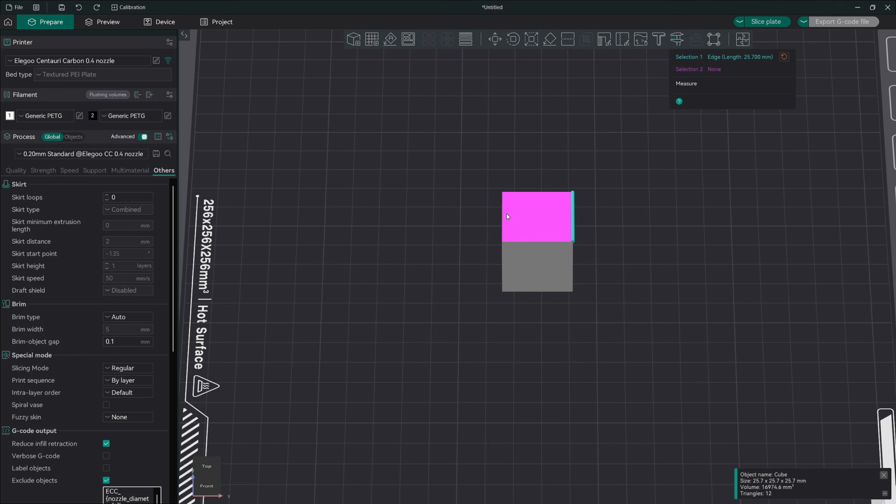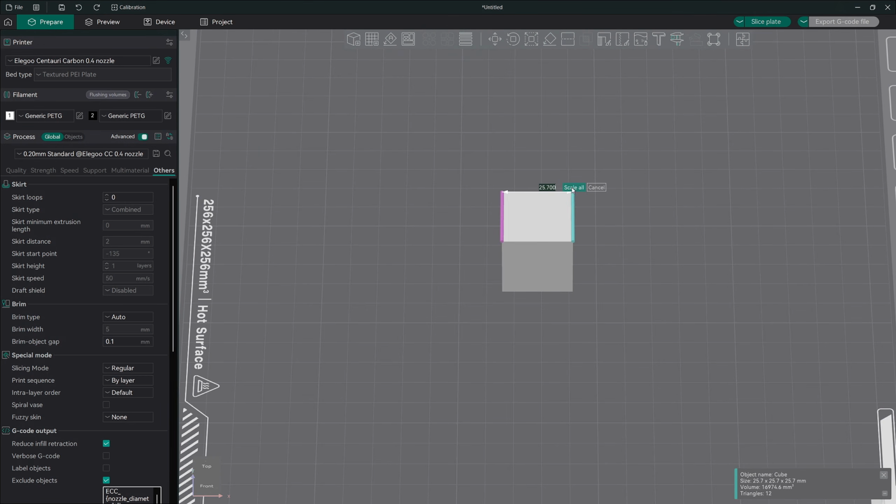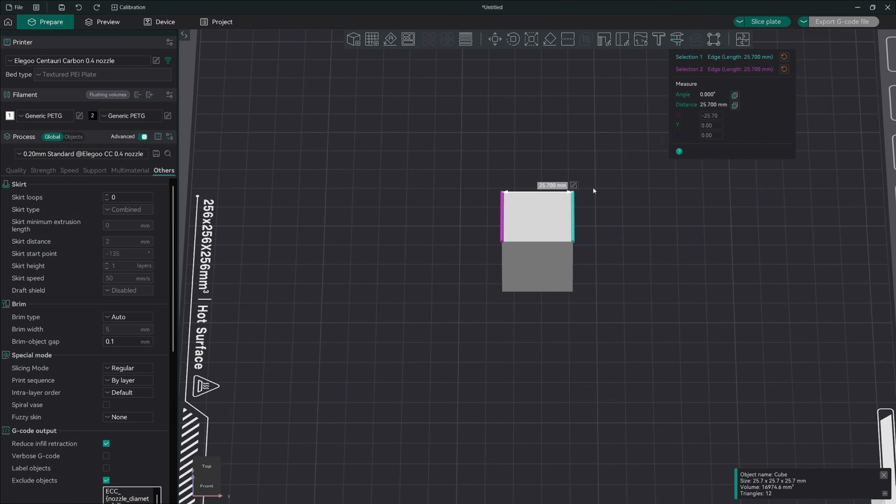Next, let's do the same thing for the opposite edge of the cube. Great, the measurement shows us that the distance is 25.7 millimeters across the cube. You can also manually change the size of the distance by hitting this edit icon here and inputting a new amount. Now, if you needed to backtrack your measurements, let's say you clicked the wrong edge or something, hit Escape